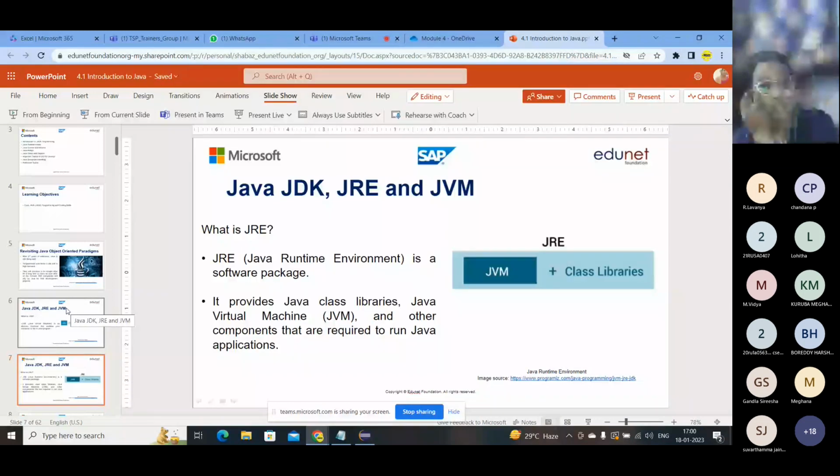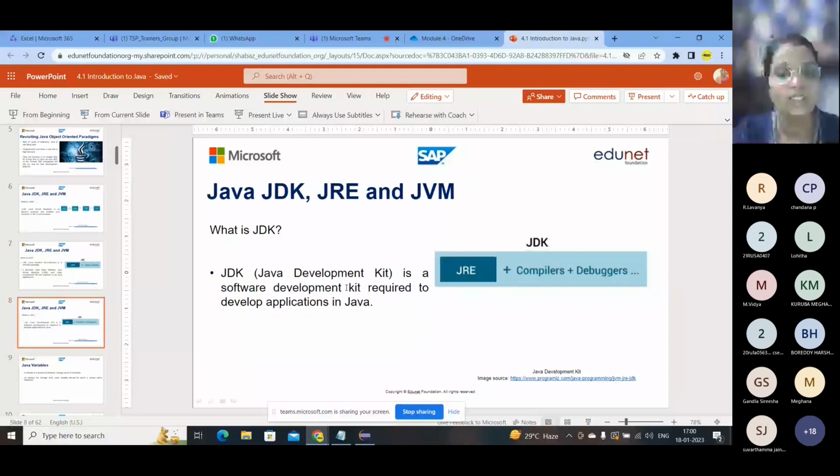So what is JDK? So JDK is the Java Development Kit. So you have to install this in your computer, in your PC, so that you will be able to run or develop your application in Java. For that, we need JDK. JDK is a Java Development Kit.